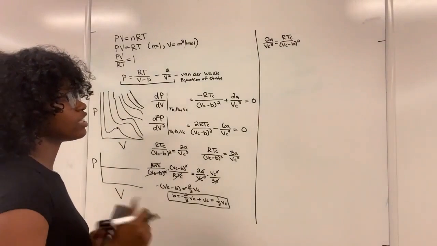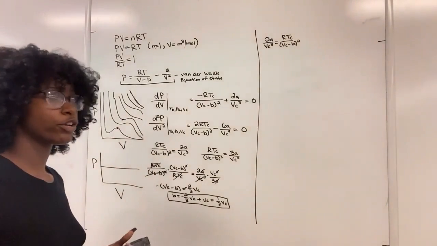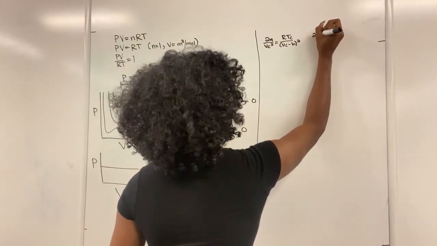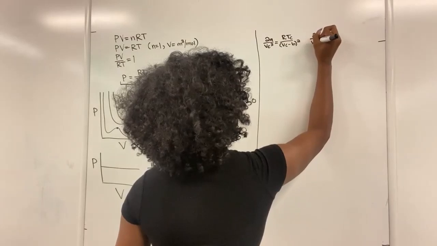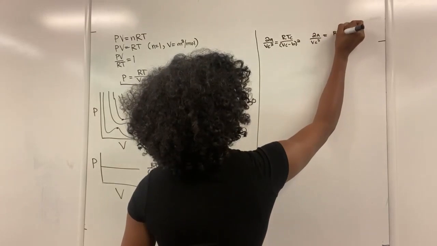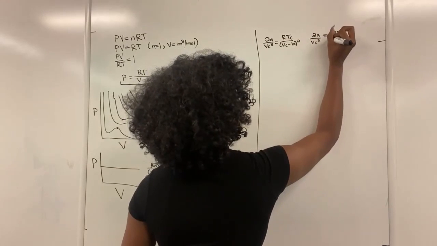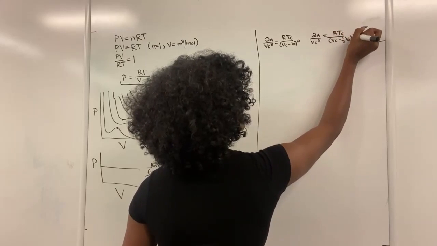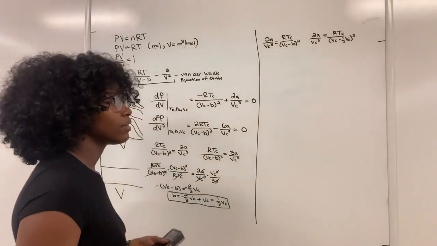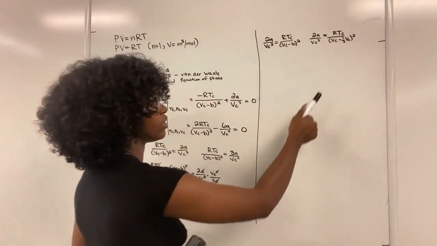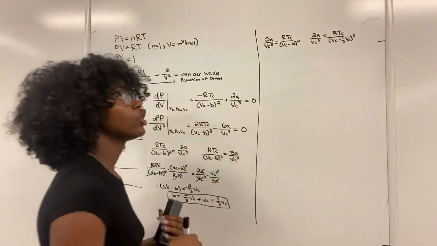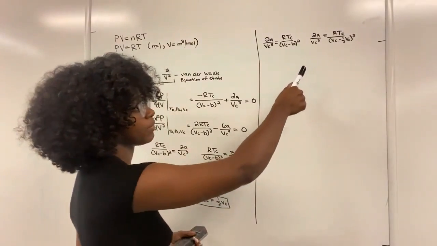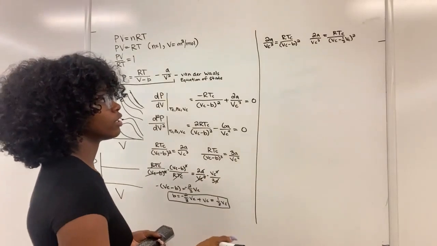So since we know that B is 1/3 of the critical volume, we can go ahead and substitute that in. And the basic algebra that we just did would simply state that this term is equal to 2/3 of the critical volume, but that term is squared, so we'll end up getting